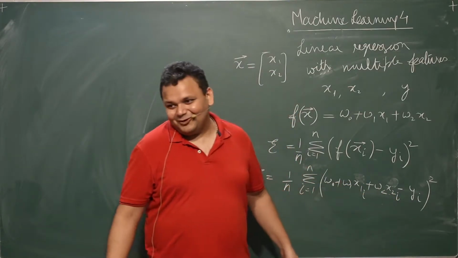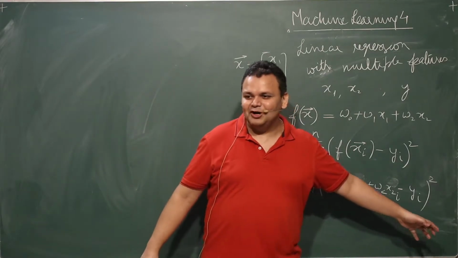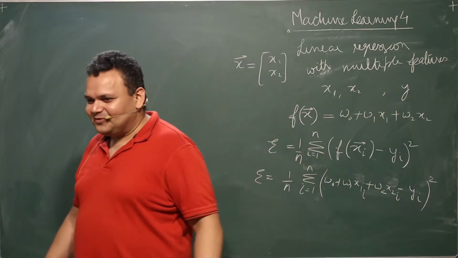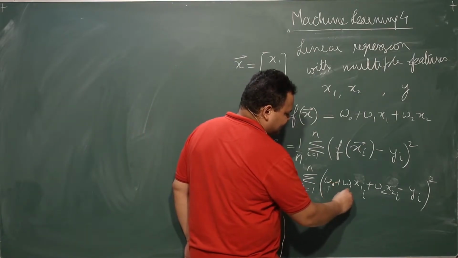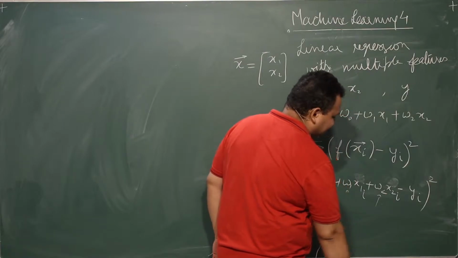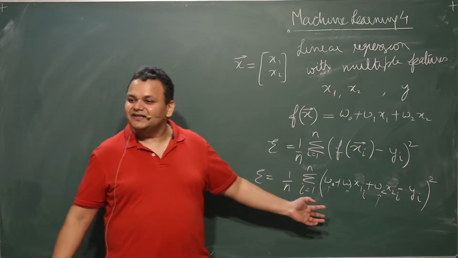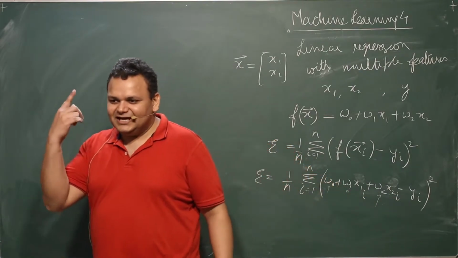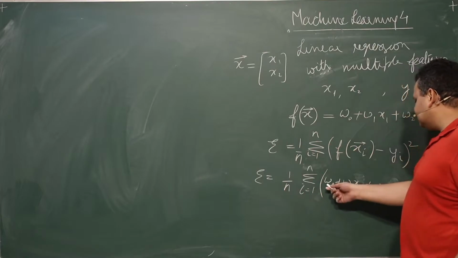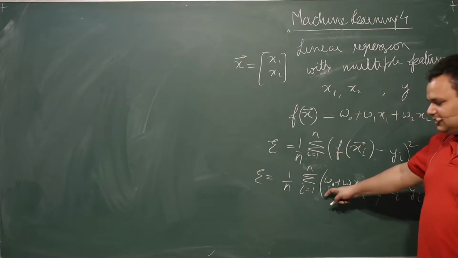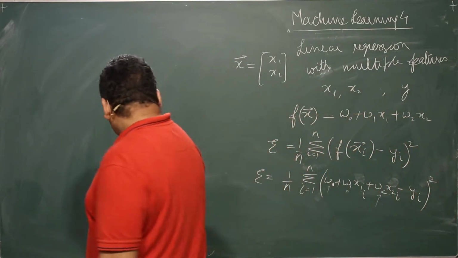So what can we change? We've already fixed our model. Our model has been fixed as linear, so that cannot be changed now. So the only thing that can be changed is the weights w0, w1, and w2, and we want to minimize this error function. This is exactly the same problem that we had for a single variable linear regression, but instead of two parameters w0 and w1, we have three parameters now: w0, w1, and w2.